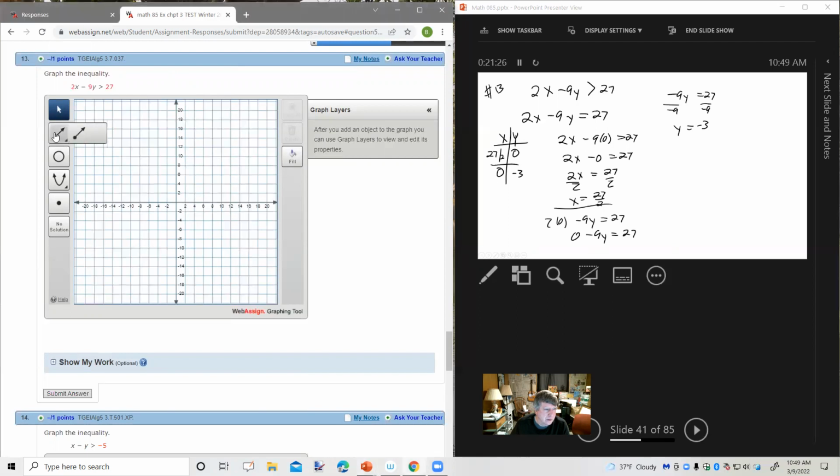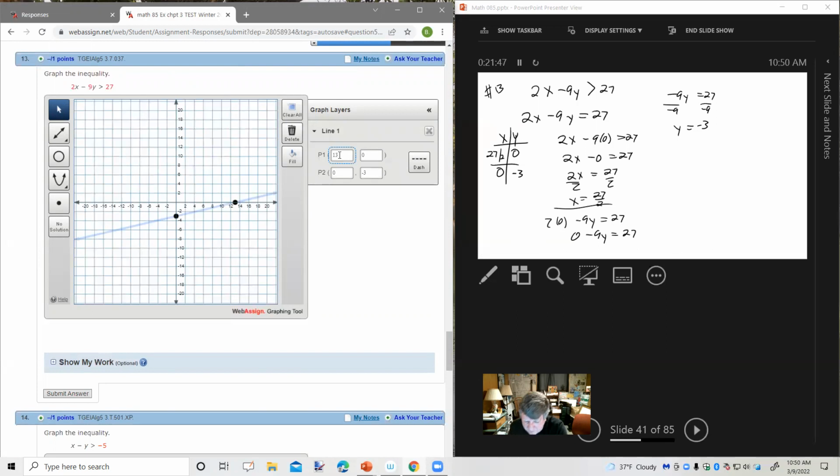So let's go in here and let's see. We've got 27 halves, which would be what, 13 and a half, 0. So right about there, and 0, negative 3. Okay. So 27 halves, 0, and 0, negative 3. Okay, now